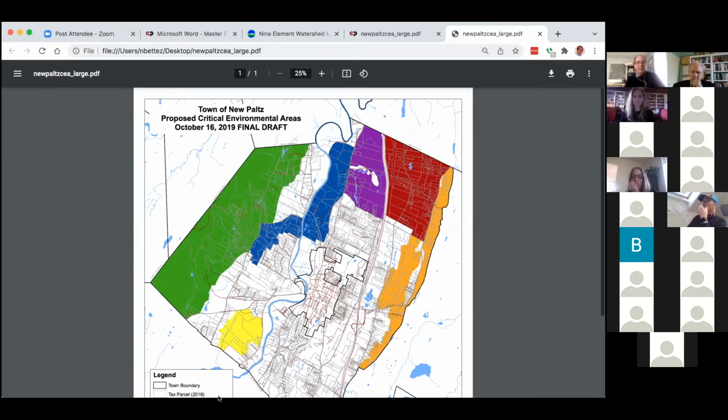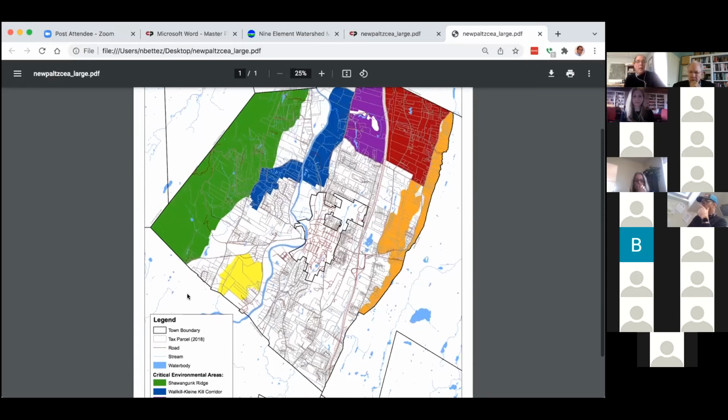Could you walk us through the yellow, blue, purple, and the blue is the Wallkill Kleinkill corridor. I mean, that's also an area that I think it's good for as a wildlife corridor. It connects the Plutarch Woods up to the ridge. A lot of that is already in the floodway, so there are significant protections against it already, and so that has a kind of a lower priority for us. And then the